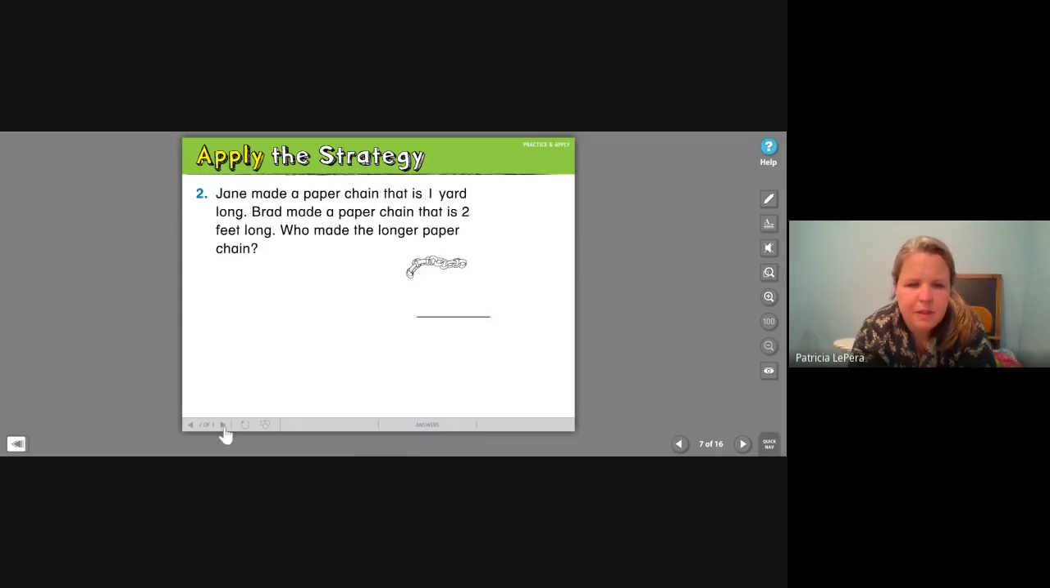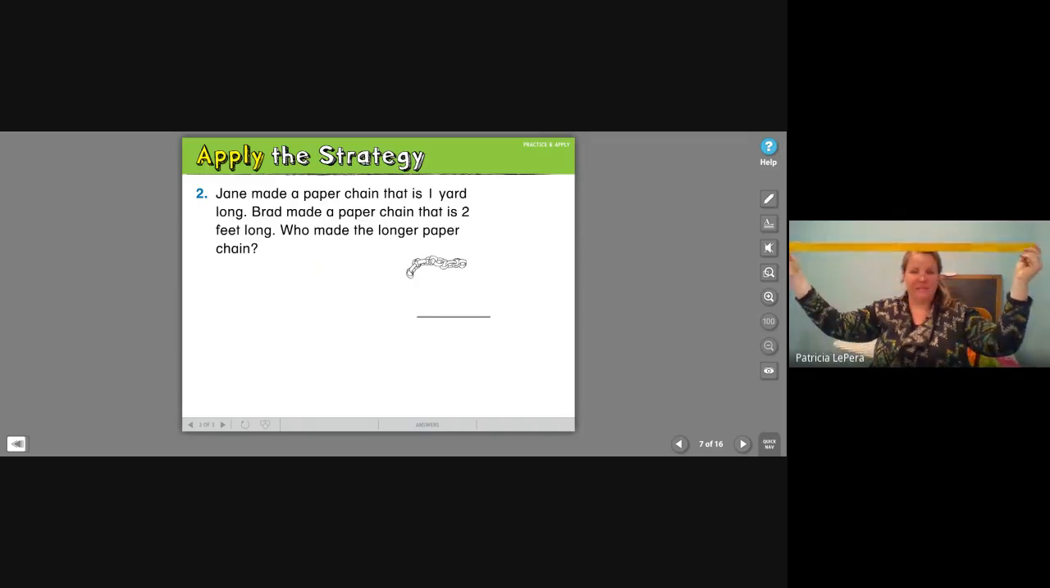Going to the next one. All right, we have Jane. Jane made a paper chain that is 1 yard long. Okay, so imagine 1 yard long. Brad made a paper chain that is 2 feet long. Now I can even use my yardstick for this. If this is 3 feet long, or 1 yard, and Brad made a paper chain that is 2 feet long,